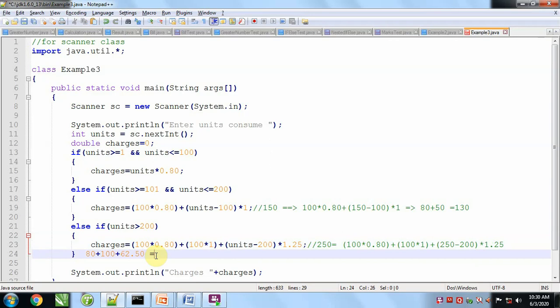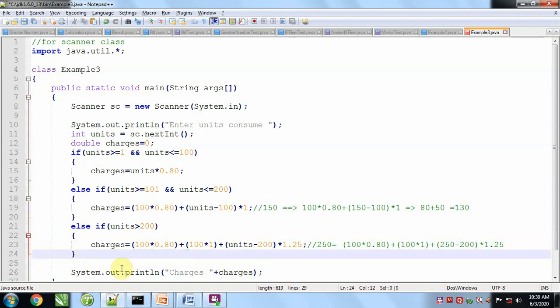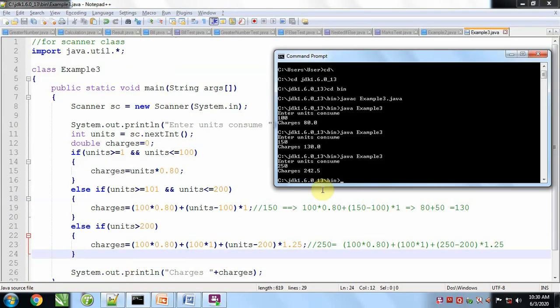And the total will be 242 rupees 50 paisa. So like this it will generate output, and we can look here, these are the outputs.